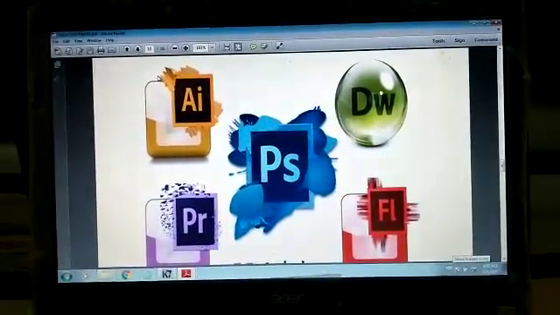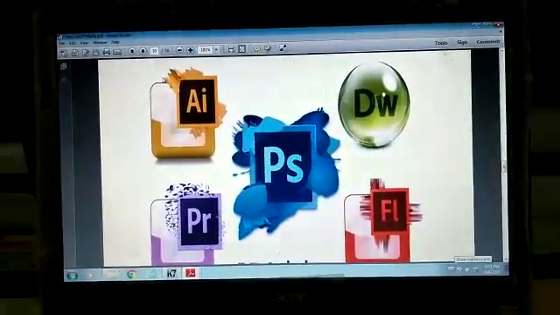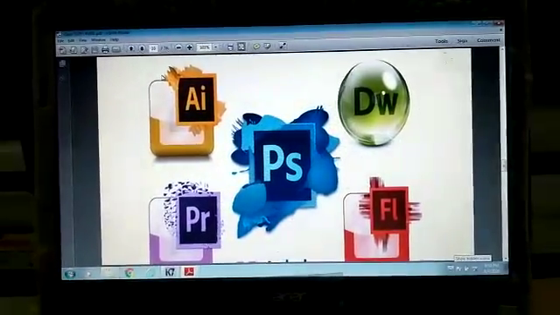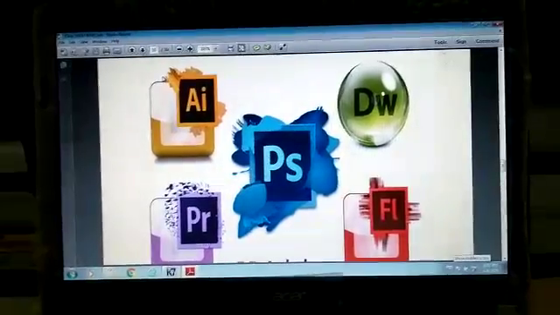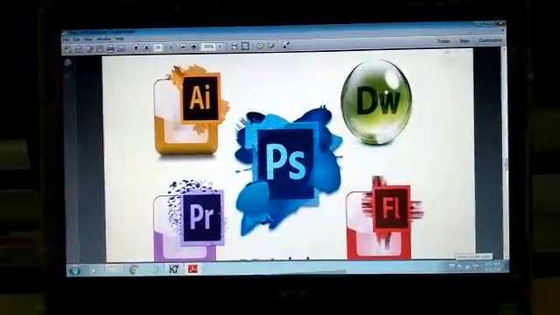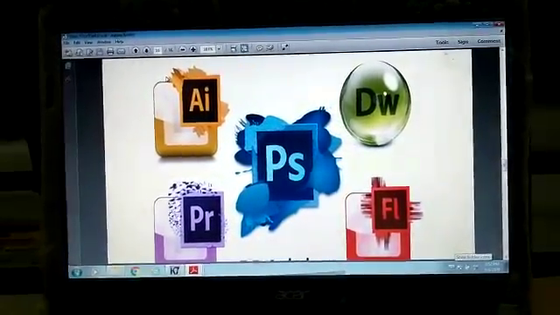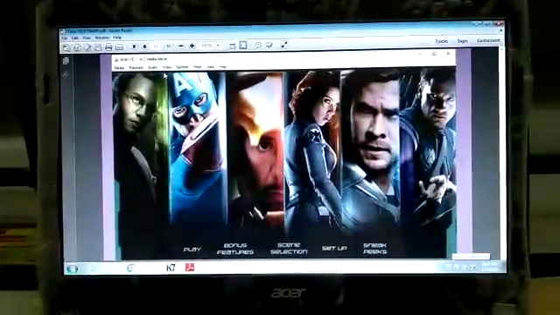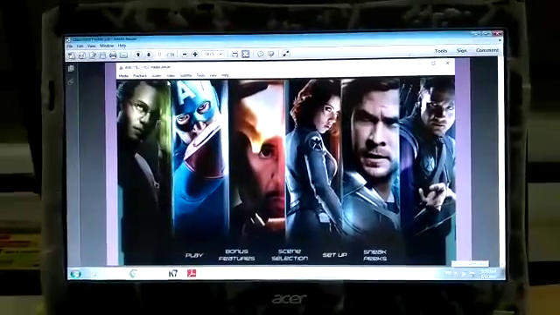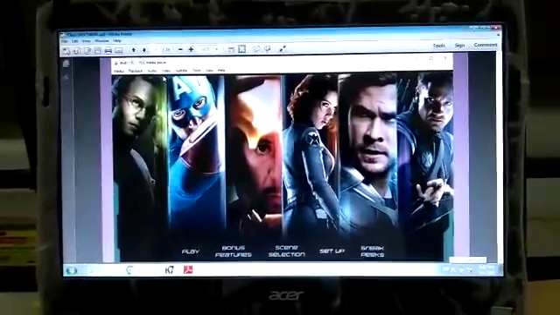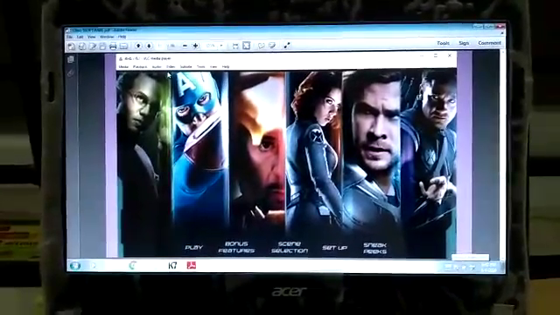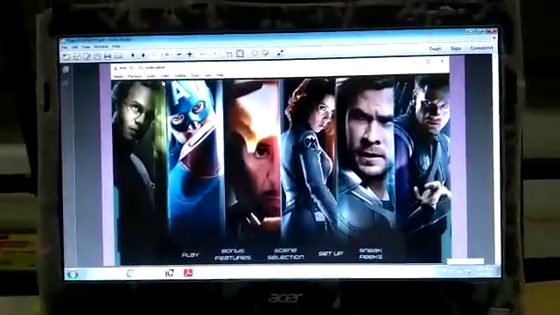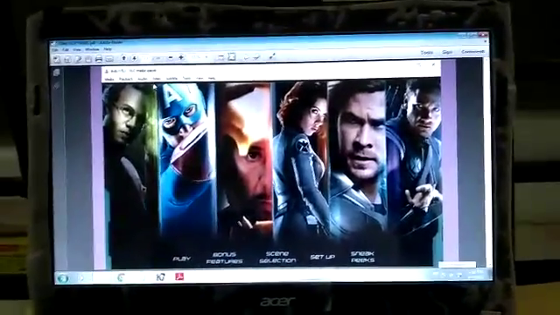It is used to create images such as charts, graphs, photographs, logos, cartoons and much more. Examples: Paint, Photoshop, AutoCAD, etc. The last is multimedia software, used to create video, animations and graphics. Examples: game software, Windows Media Player, etc.